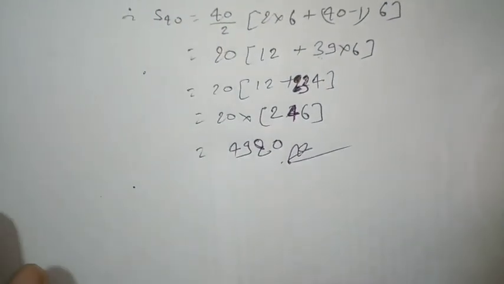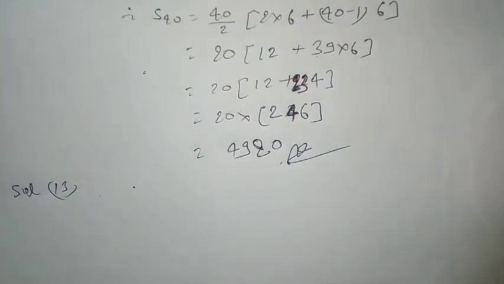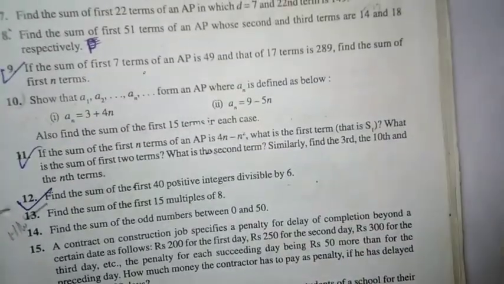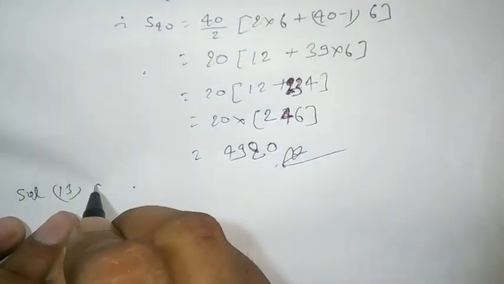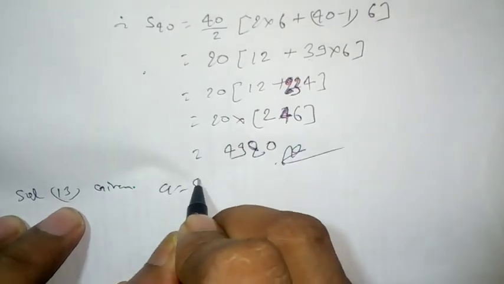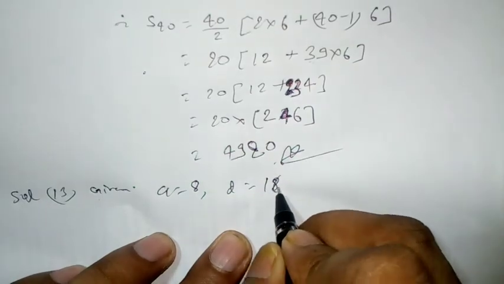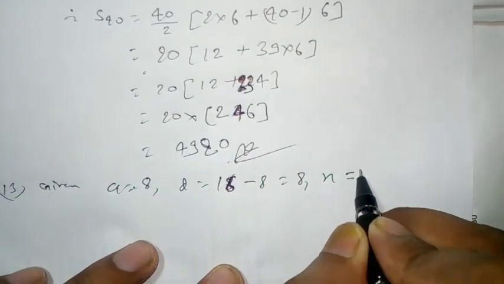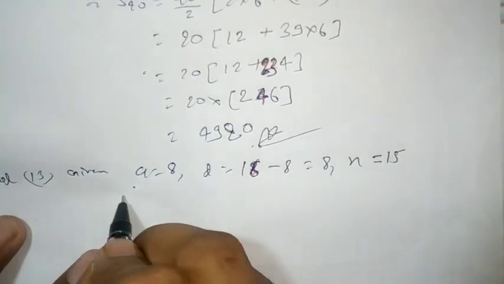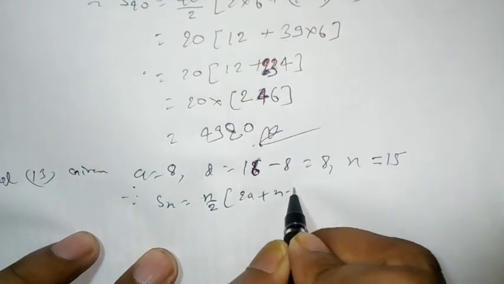Now the next question, question number 13. Find the sum of the first 15 multiples of 8. Given a is equal to 8, d is equal to 16 minus 8, second term minus first term is equal to 8, n is equal to 15. Now because Sn is equal to n by 2 into 2a plus n minus 1 into d, therefore